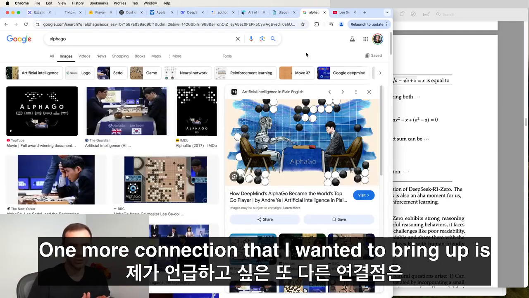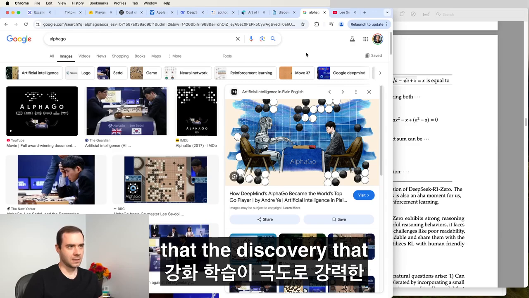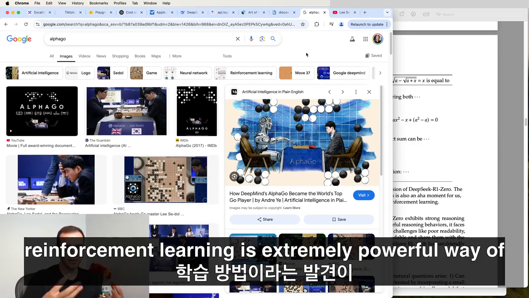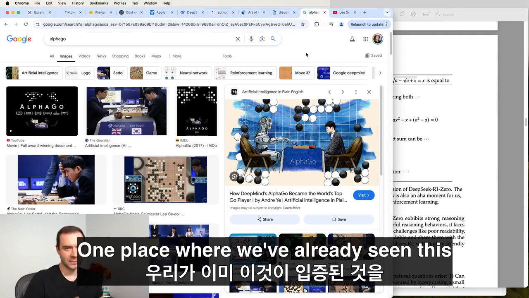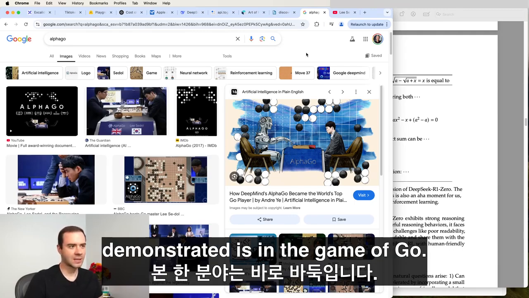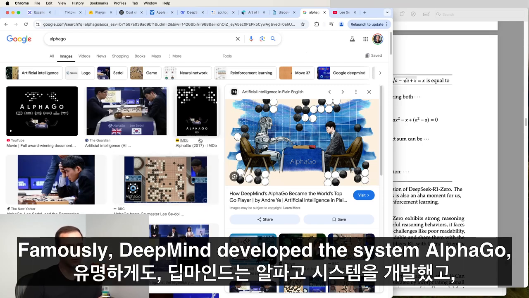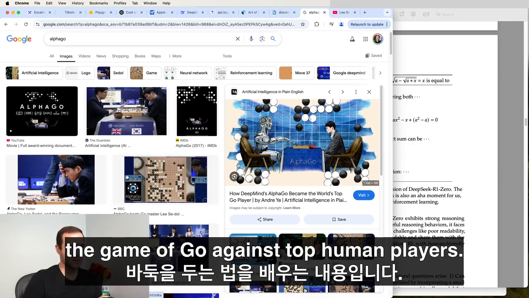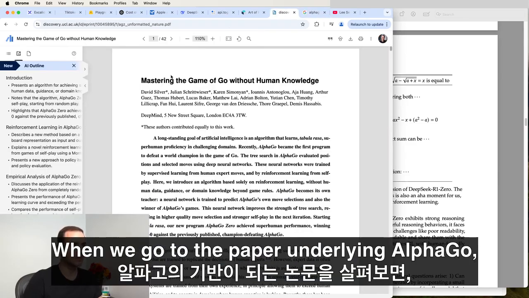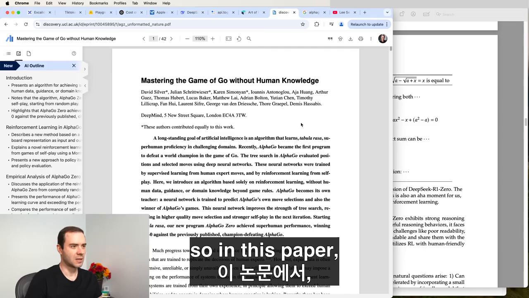One more connection that I wanted to bring up is that the discovery that reinforcement learning is an extremely powerful way of learning is not new to the field of AI. And one place where we've already seen this demonstrated is in the game of Go. And famously, DeepMind developed the system AlphaGo, and you can watch a movie about it, where the system is learning to play the game of Go against top human players. And when we go to the paper underlying AlphaGo, when we scroll down,